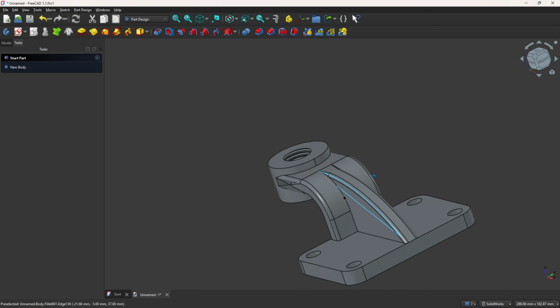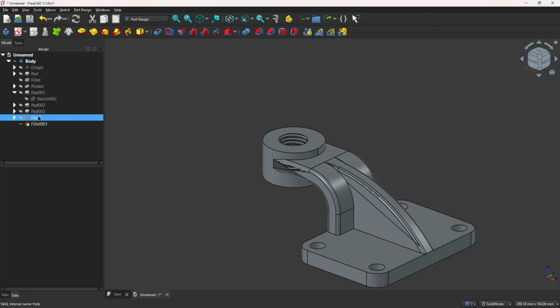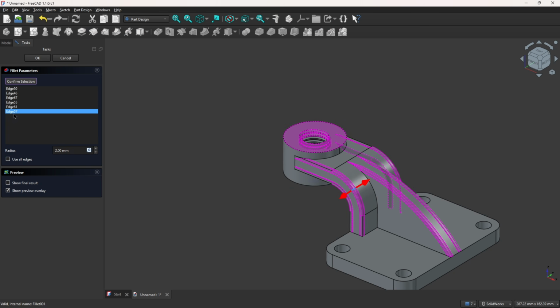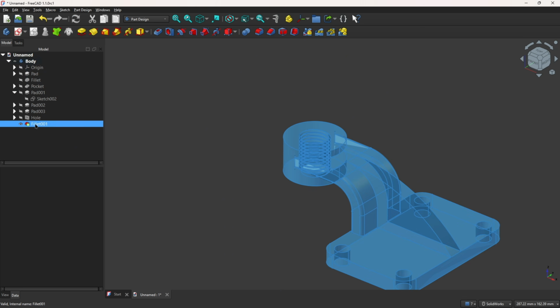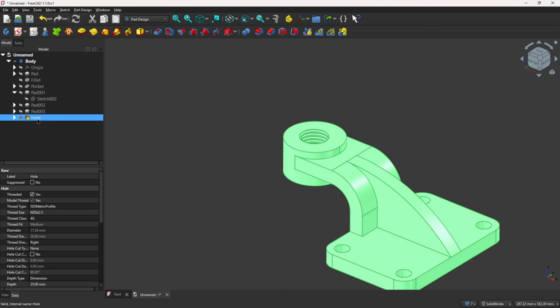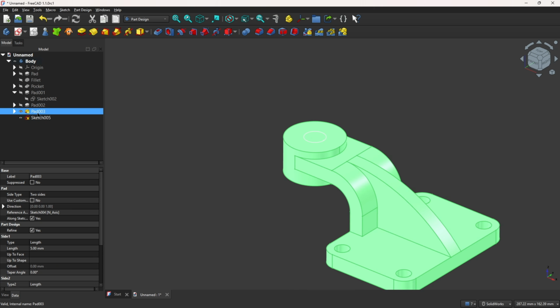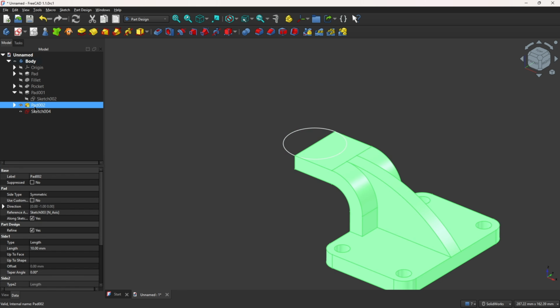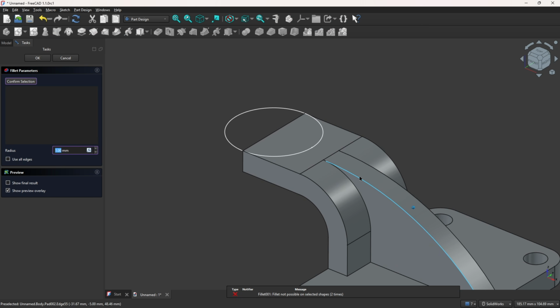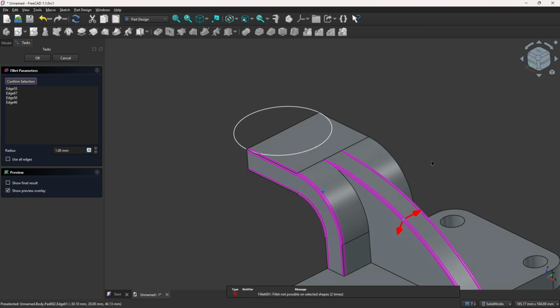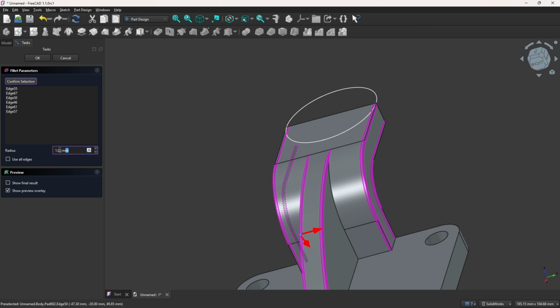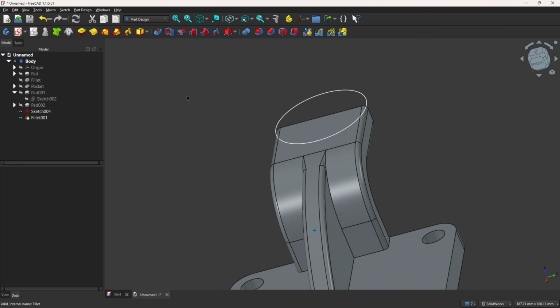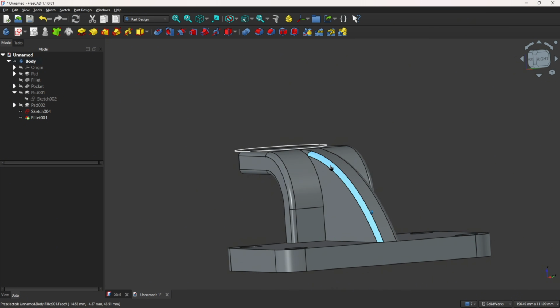So I will make this fillet before the other features. Let me try to remove some edge here. No, I will delete this fillet. Let me delete this hole and delete this pad here. Delete the sketch 5. And let me try to make a fillet here. Two millimeters of radius. It is strange here, but